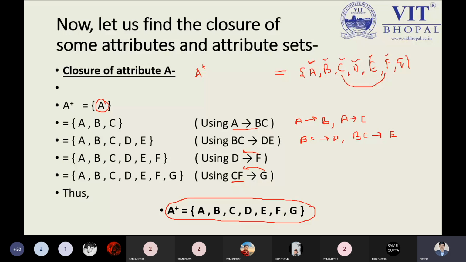So these are the attribute sets A, B, C, D. In the functional dependencies, we have to find the functional dependencies and write the answer in the functional dependencies. But in the case of the attributes, we have to write the set of the attributes which are making the dependency on the particular attribute or not. So that is my point.